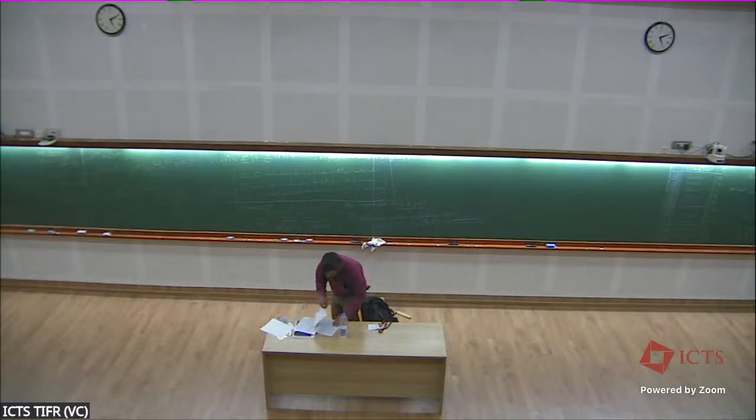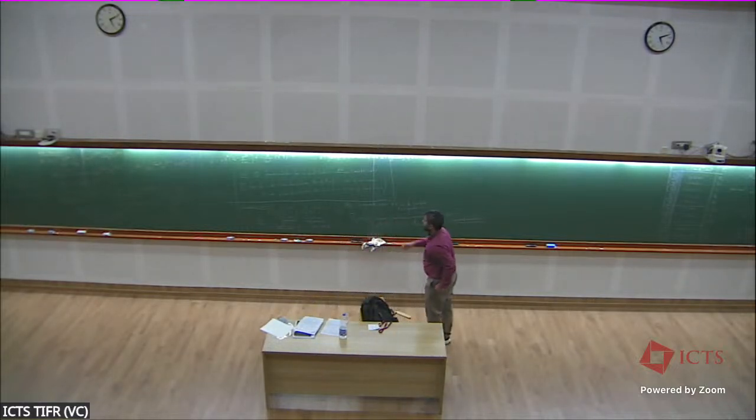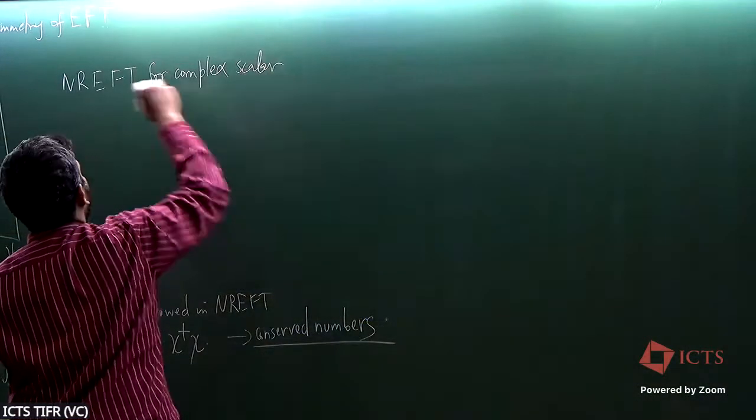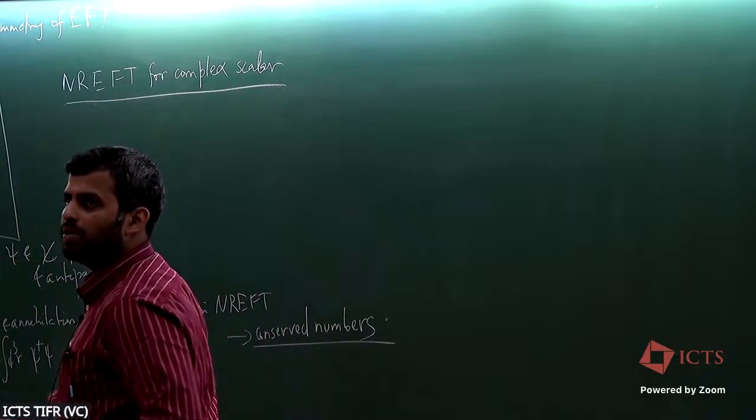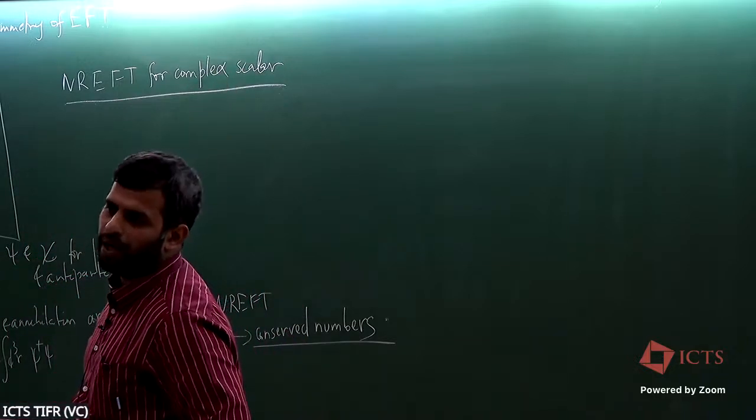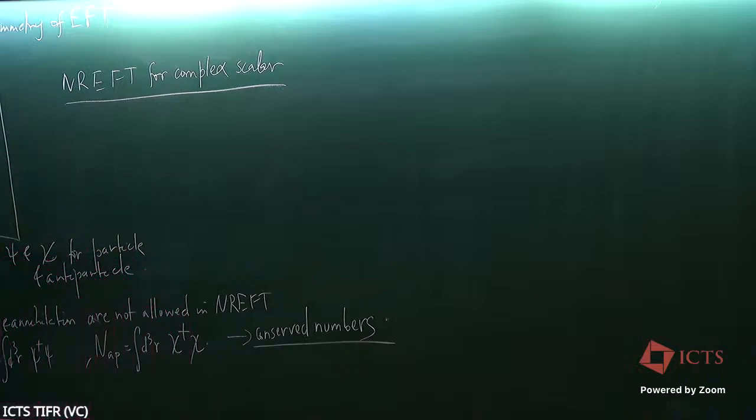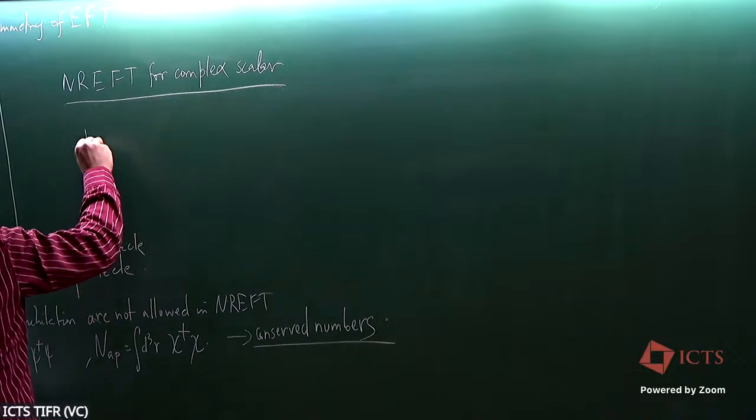So in the case of complex scalar, non-relativistic EFT, I'm describing the complex scalar here because eventually this is what I will use for my Dirac theory. That is where the connection might be more clear. So my complex Lagrangian of non-relativistic theory would look like